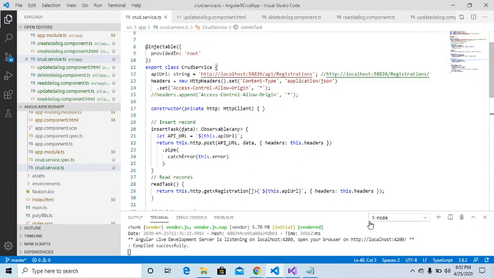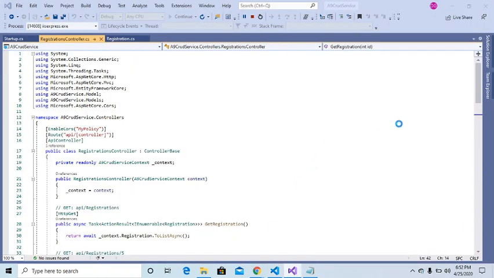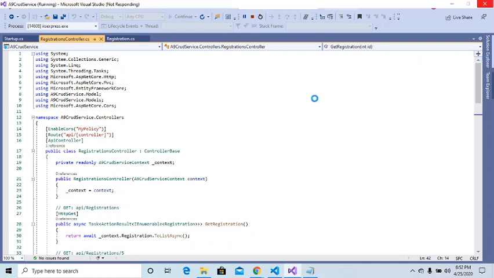Okay, so let me go to my Visual Studio. Yeah, here is my Visual Studio 2019. We already have one tutorial on how to create the CRUD operation application in .NET Core Web API, but here is my Web API part, and just hold on for a moment because Visual Studio is hanging due to my system problem or some other problem, but it will come up. Okay, so meanwhile it is loading, I will tell you what problem you can face.